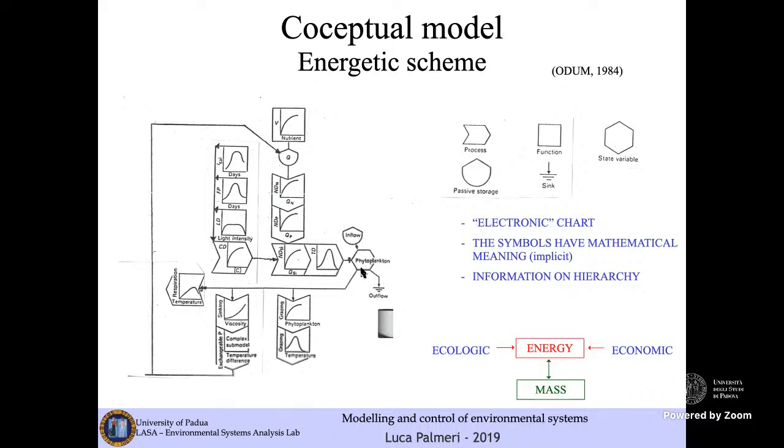These are energy flow or energetic schemes in which, for example, we try to describe the fact that some energy producing processes, like the process of algal growth, are fostered or are fueled by energy inputs that may come from nutrients. These nutrients may give